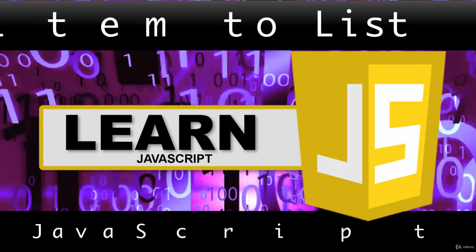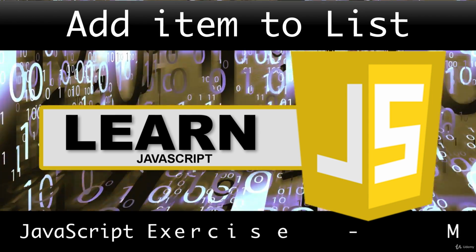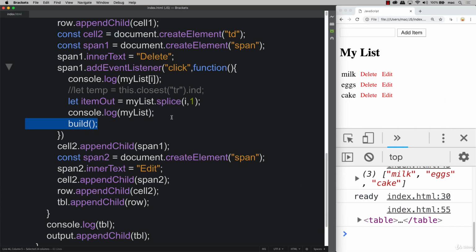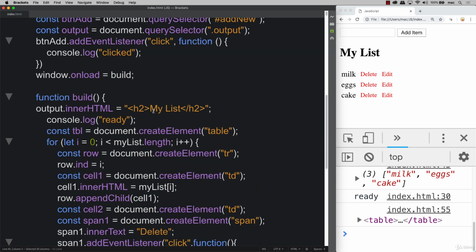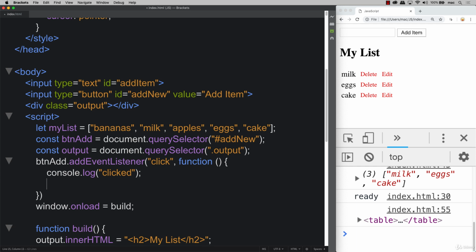In the previous lesson, we saw how we can remove an item from our list by pressing delete. And what we're doing is we're just rebuilding the list. And because we're rebuilding the list every time, it's based on the array, which is contained within my list. So if we add something, and if we want to add something, it's as easy as updating our array and